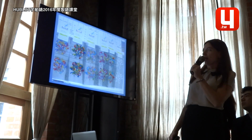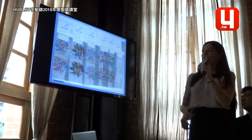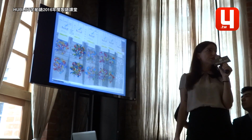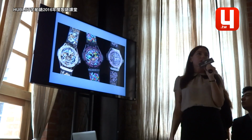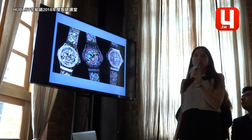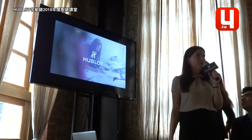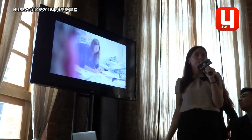Now, the next step was that we continued with the skull but in different colors, and we did several trials with a printed thread, an ombre thread in multicolor, and this was finally chosen, the 3 colors multicolor, for the Big Bang Broderie sugar skull. Now you see the film which Hublot realized with us, which explains again all the story and the making of